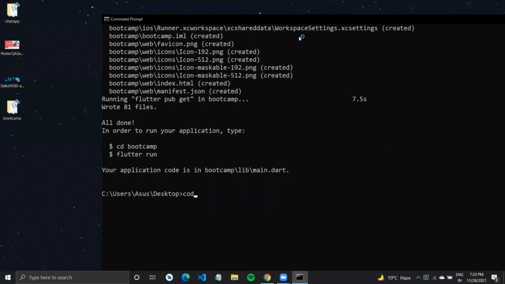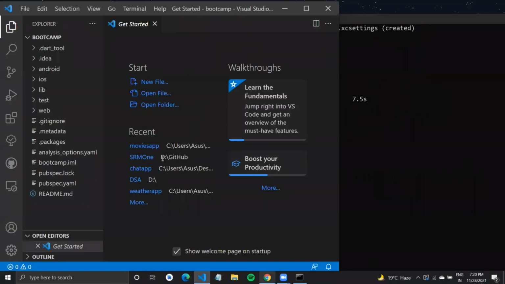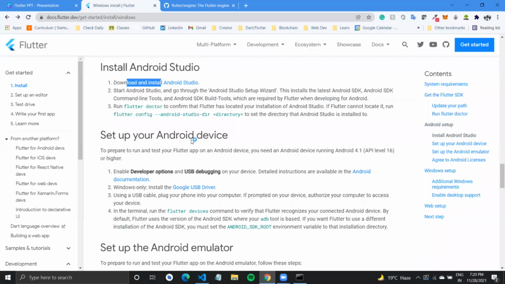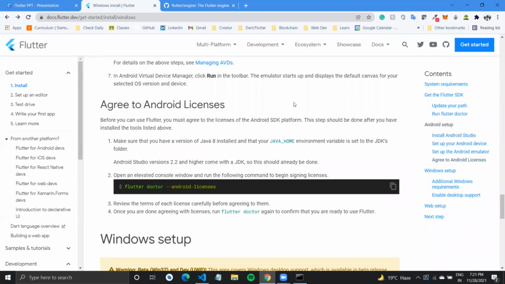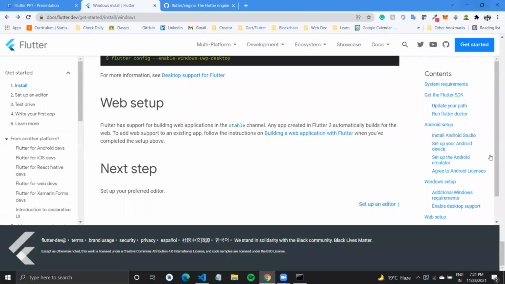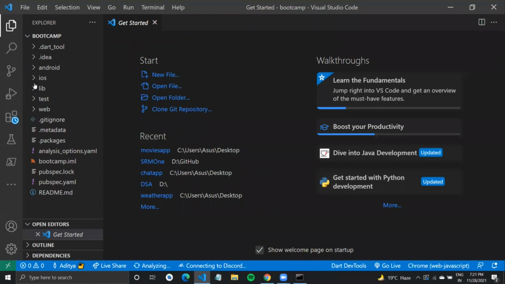Here you have two options. You can either use Android Studio, and there is a whole set of Android Studio tooling. You just have to set it up, enable developer options and all that stuff, and also have an Android emulator, which you might already be using for your Android Bootcamp. Do that, accept the Android licenses and you must be ready. But if you don't want to do that, you can also use VS Code. I am using VS Code because it's lighter on my CPU, because if I'm streaming and also using Android Studio, that doesn't work a lot in my favor.